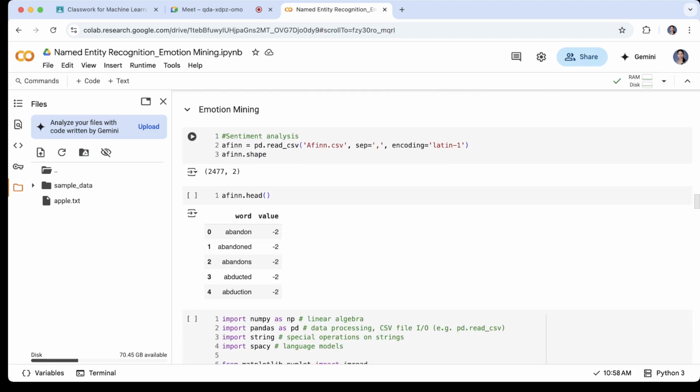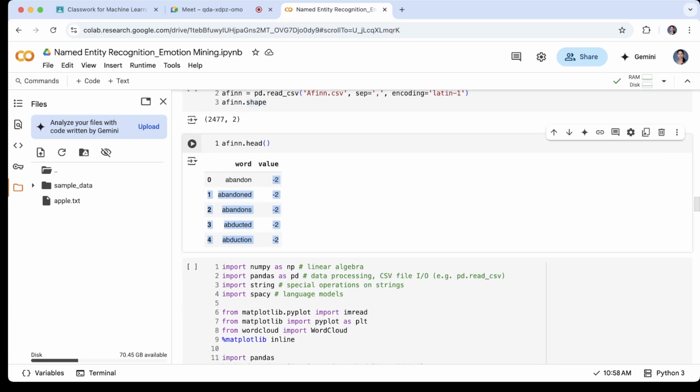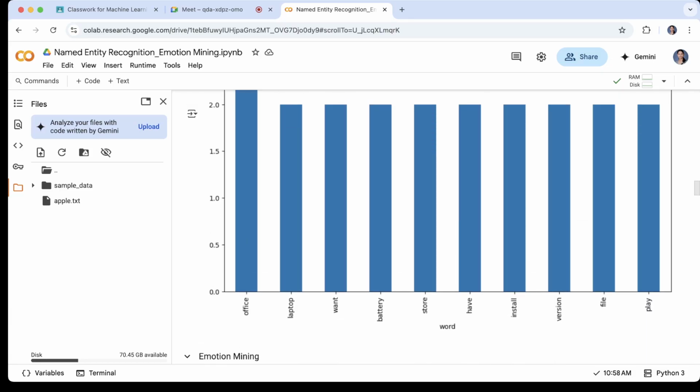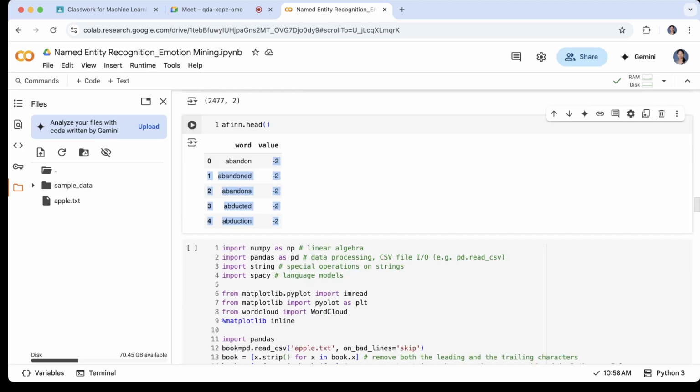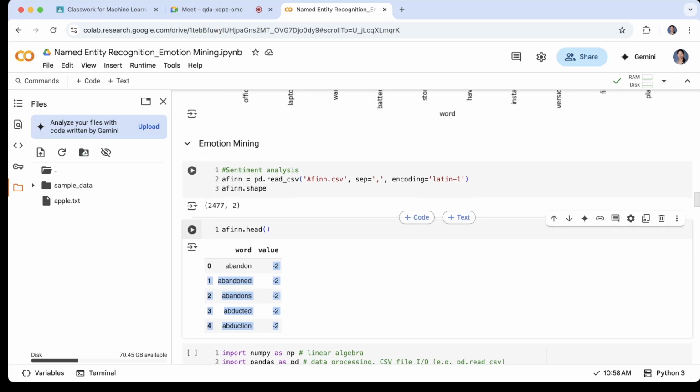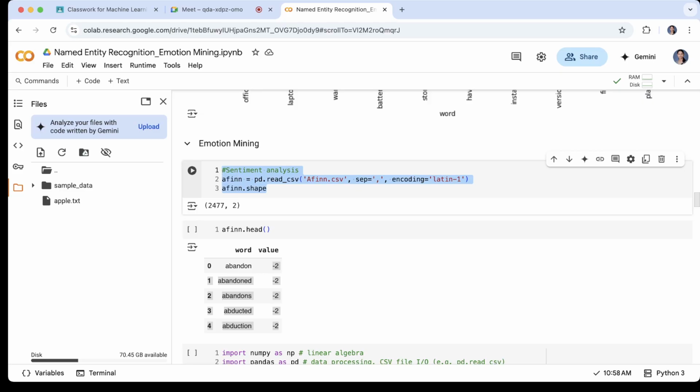Then we will see how to do the emotion. Now, as I told you, right, for each word there would be an assigned value. This is just one example of entity recognition. Okay, just go through it and you will understand what it is. In case of questions, I will just explain this and then we will take the questions. So, for the emotion mining, I have this file called